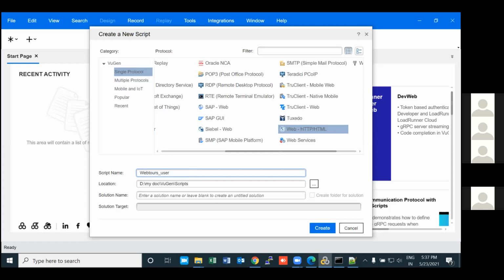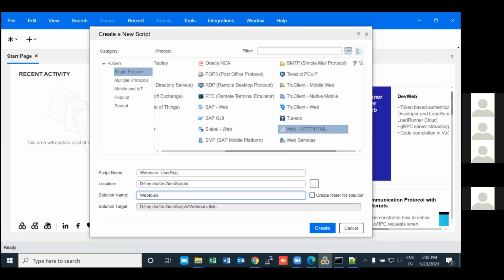Give init caps. Enough, just user reg. And give the solution name as your project name, nothing but the application name that you are testing, right? Give WebTools over there.